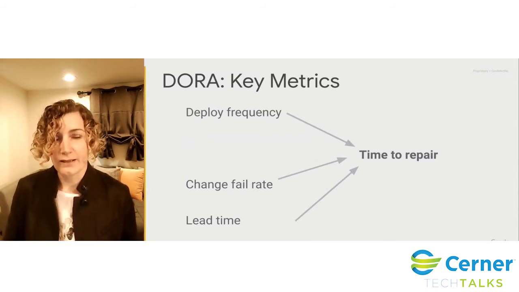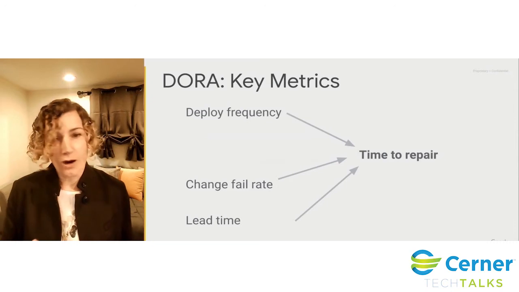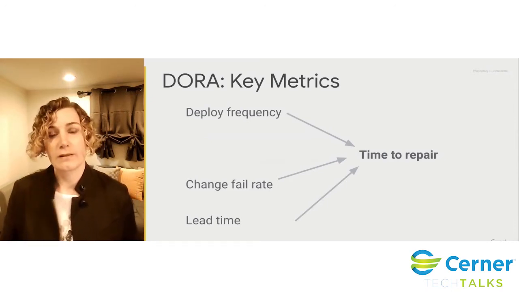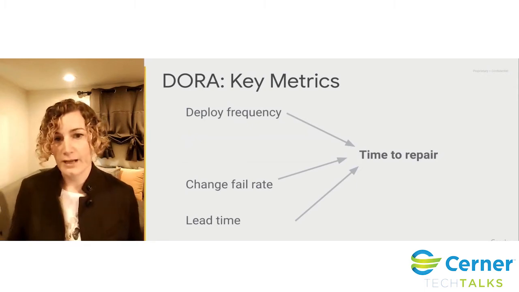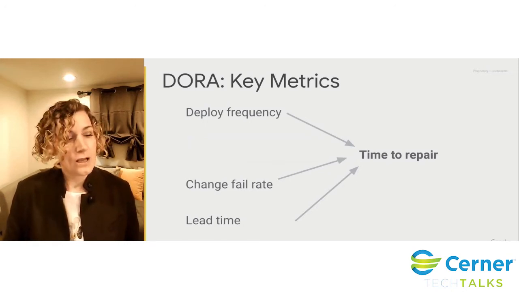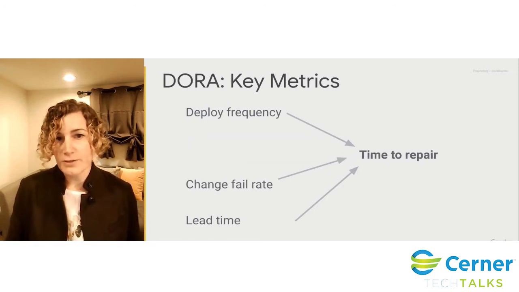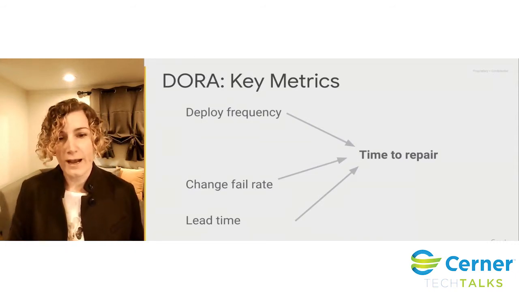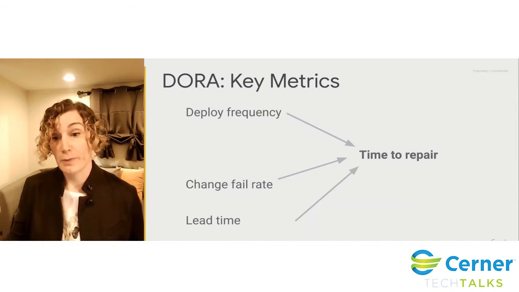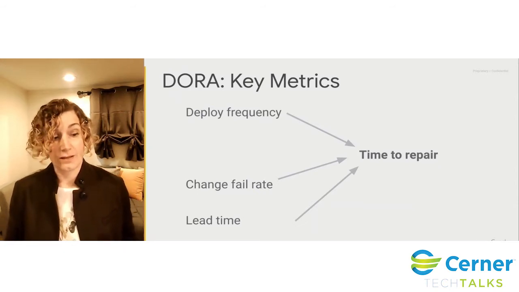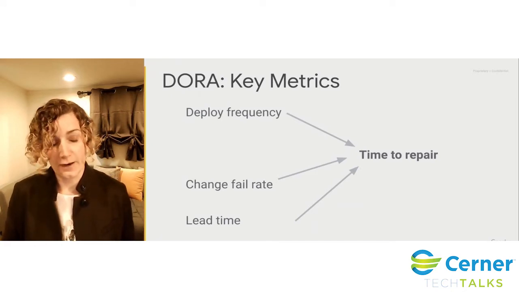And what I mean by that is if you have a really slow deploy frequency, so let's say you only deploy once a month, and something breaks in production, and the way you want to fix it is you want to actually patch the code. You want to fix the code and roll it out. You have 2 choices. You have to wait to catch the next deployment, or you have to go around and circumvent your own deployment process to get it out fast. And both of those things are time consuming. They take time, and that impacts your time to repair.